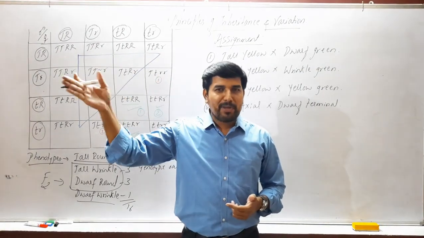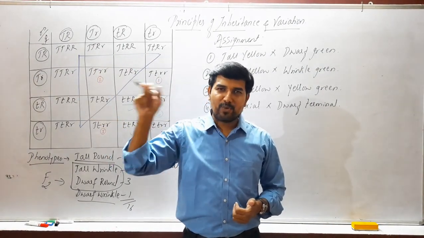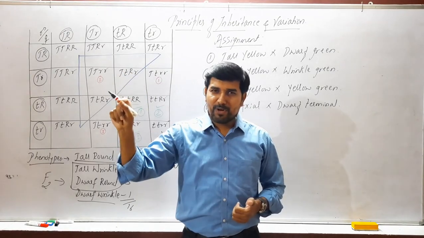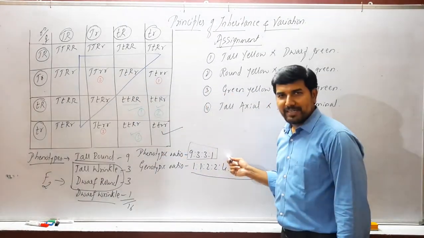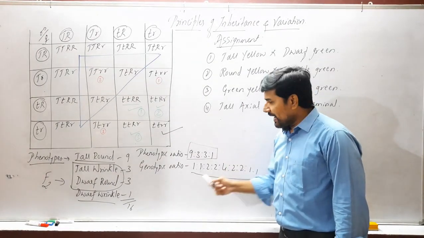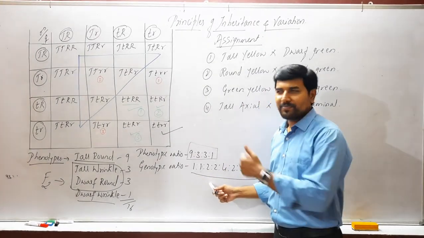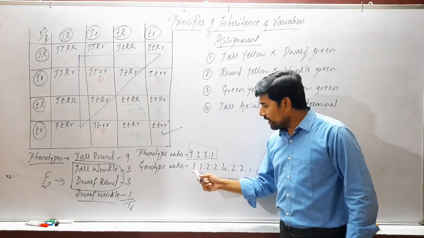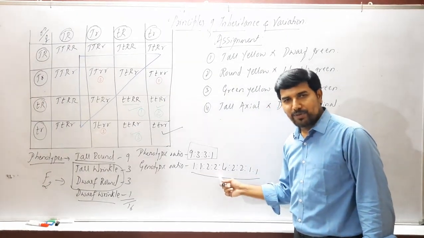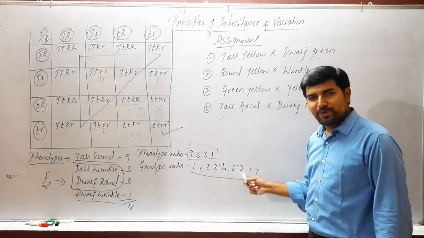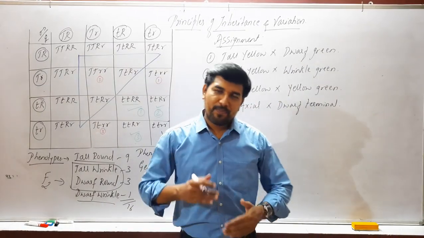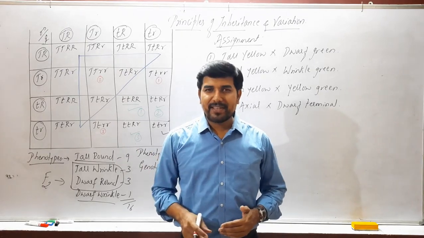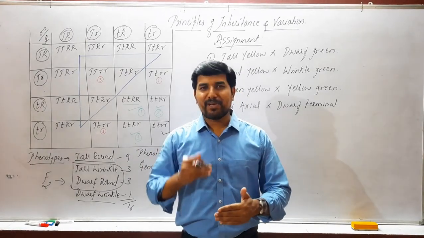The phenotypic ratio for the monohybrid cross is 3:1 and genotypic ratio for monohybrid cross is 1:2:1. The phenotypic ratio for dihybrid cross is 9:3:3:1 and the genotypic ratio for dihybrid cross is 1:1:2:2:2:2:4:2:2:1:1. Okay, so solve these problems, try to write all these things and then check whether you get the correct